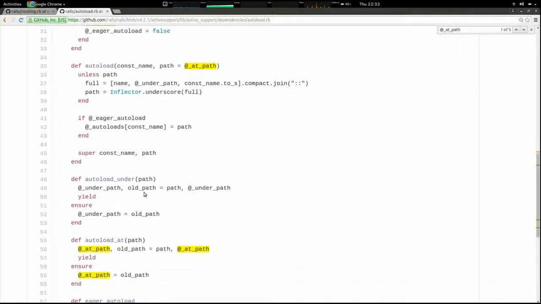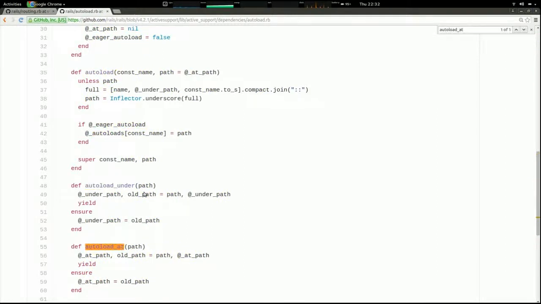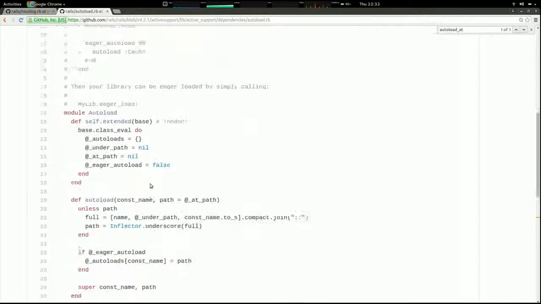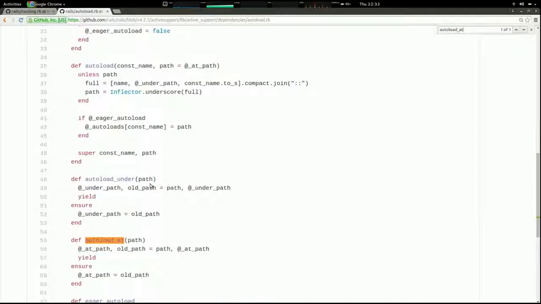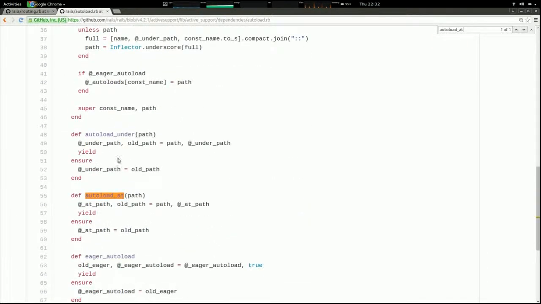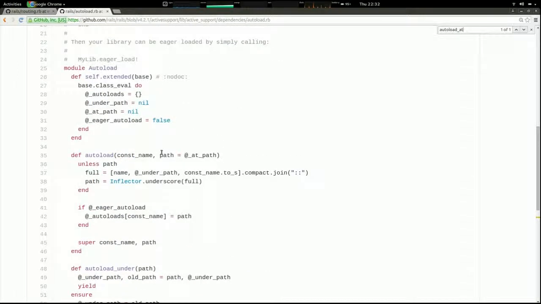All right, so is autoload @ used anywhere? So I see nothing. Okay. So I wonder if that means that you call autoload @ with a path. Okay, well, let's see what this path is here. So unless path, so if the path is not nil or false,